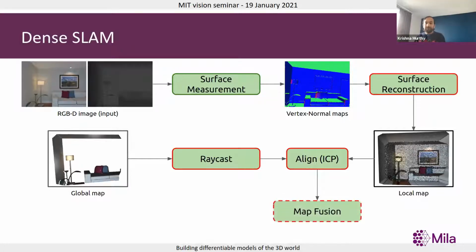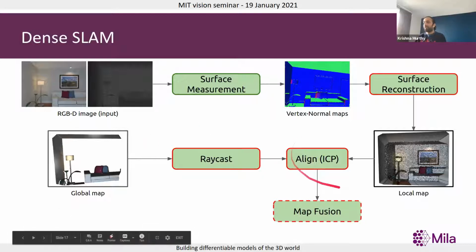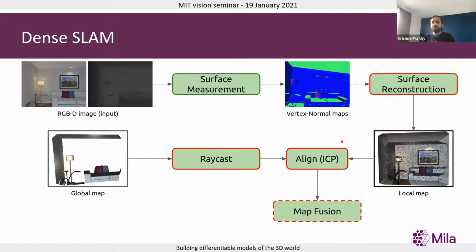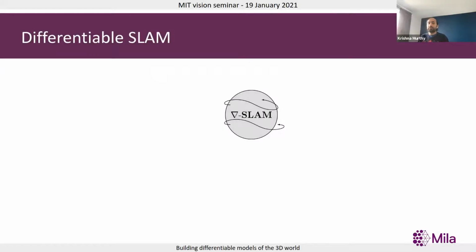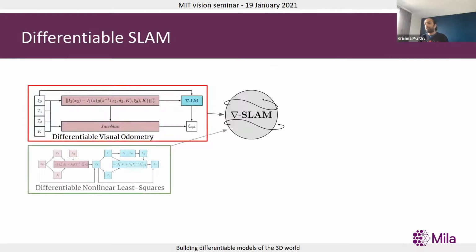Our first attempt failed spectacularly because we realized a lot of these operations, indicated by red boxes, weren't differentiable. We needed to figure out alternate differentiable variants of these. And that's what we did for GradSLAM. We took all of these non-differentiable components and made them differentiable.